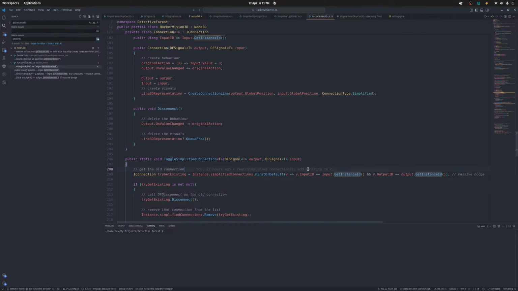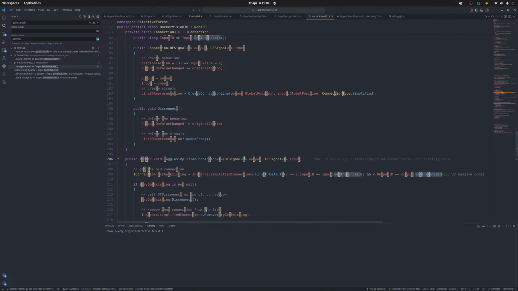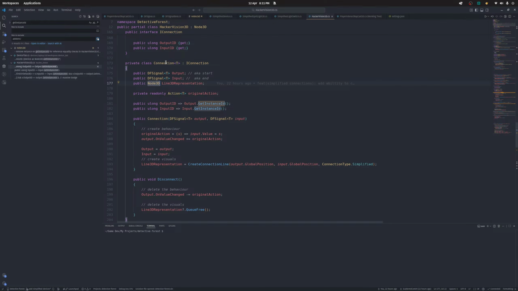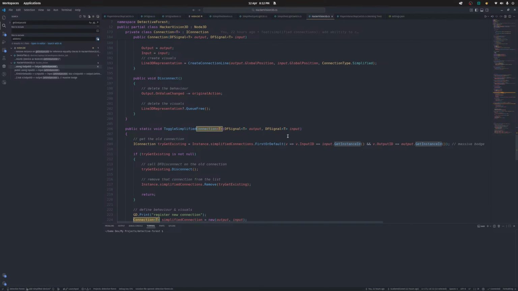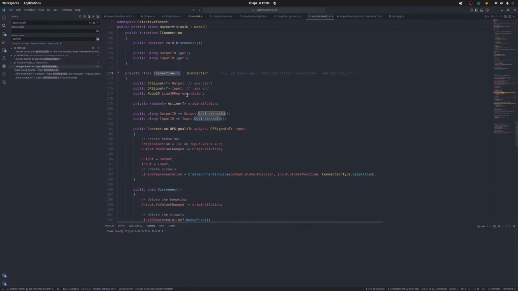So I think there's two options. We either filter the array so that we only get the elements that are of the same type as what we're giving in, right? Yeah, we can just add a type to our connection. Well, I suppose it does have one, right? We can just say of type connection T, and then we can compare. Or, which is maybe a bit cleaner but maybe a bit slower, or it doesn't matter though, or we make,